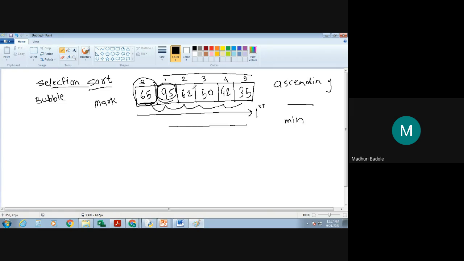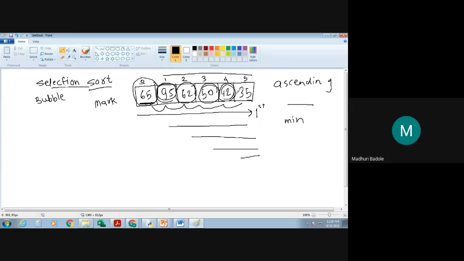Fine. Again, same with the third iteration. In the third iteration, what are you going to do? Get the minimum element, place it into this location. Fine. Again, with the fourth iteration, get the minimum element, place it into this one. Fine. Again, the last iteration, get the minimum element and place it into that. Fine. And see, obviously, whatever the last element is, only one element will be there. So obviously that is nothing but the minimum element. So there is no need to sort it again.